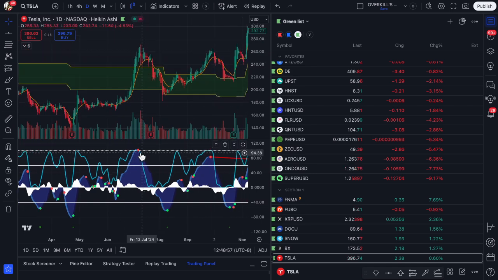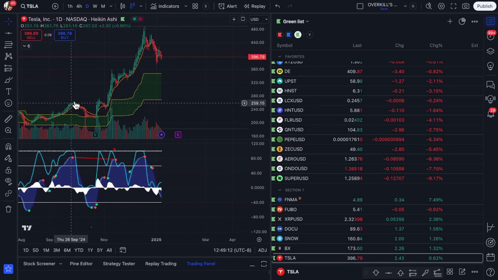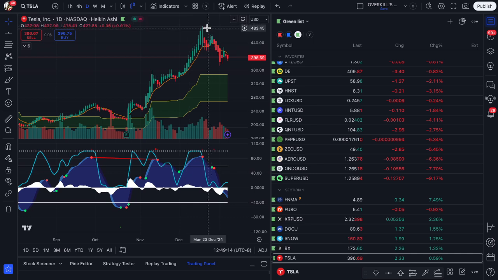Should we have rushed into the trade? No, because the blue wave was way up here, giving you a red dot. Okay, it ended up pulling back into what? Into the golden zone, all the way back down to 188. And here in August is where you got your buy signal. Boom, right there in August at 190, and that thing ripped all the way up to 480